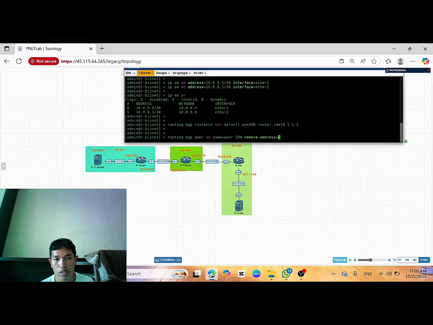For the remote address, this interface is from BizNet going out, from outside to inside, interface inside, from Ether 2 going to Ether 1.